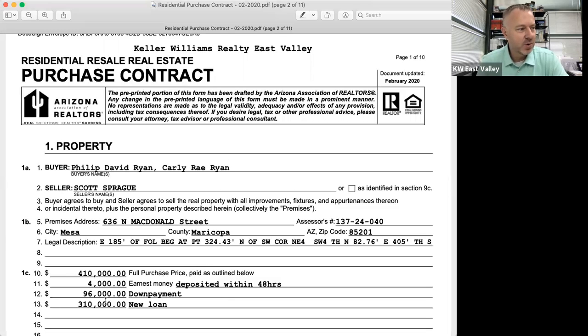In our case, since we're putting $100,000 down, we don't want to, if we can get away with it, pay for the cost of obtaining the loan. We'll pay for the purchase price, but we don't want to pay for the cost of obtaining the loan. So in that case, those concessions, even though a client may be putting $100,000 down,